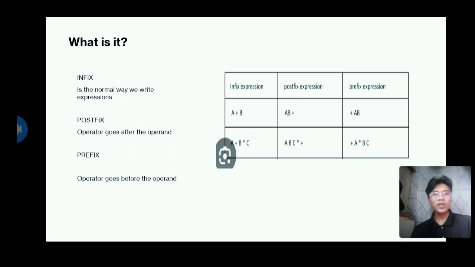In the final step, at the end of the expression, pop the remaining operators from the stack. So the output will be C B multiplication sign A plus, and then you're going to reverse it. So we reverse the final output, and that's why we have plus A multiplication sign, then B C.